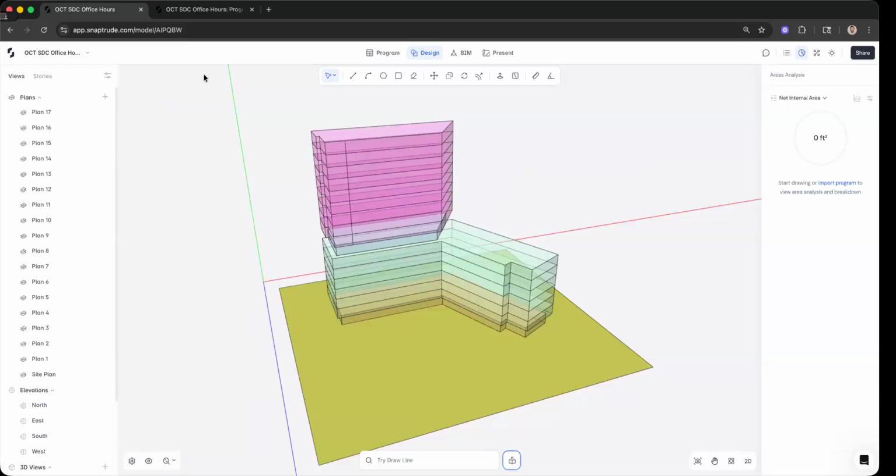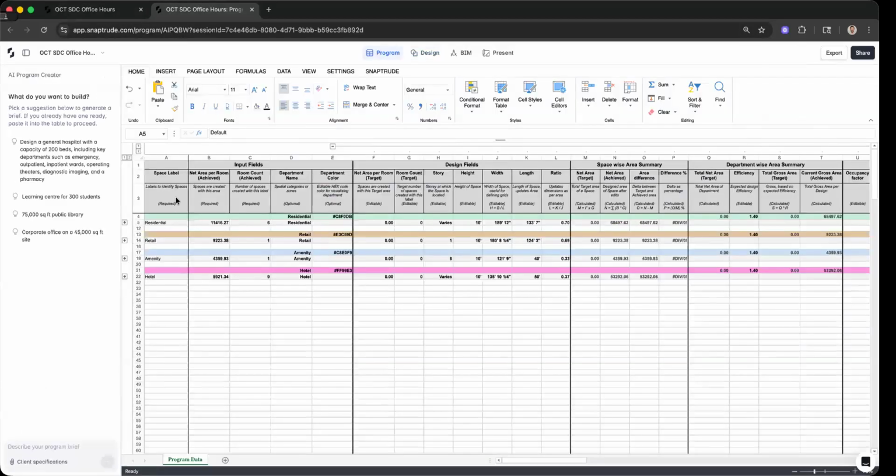Perfect. So we've got these all assigned as departments now. I'll jump into the program tab and I'll show you how you could start space planning some of this. So we can see that the names are changed here: residential, retail, amenity. So they're these department level objects. We could also go ahead and add space level objects to this tally as well. So on the hotel side, if we wanted to, for whatever reason, plan from the top down,